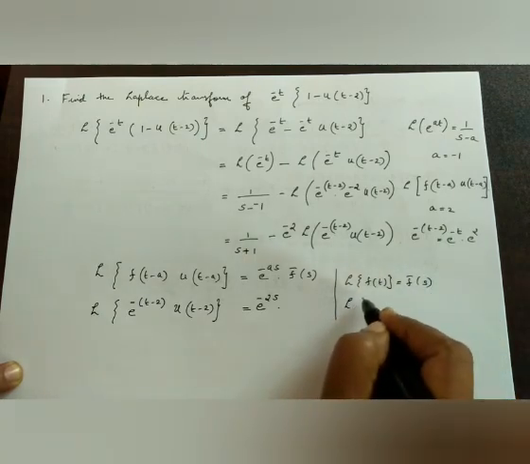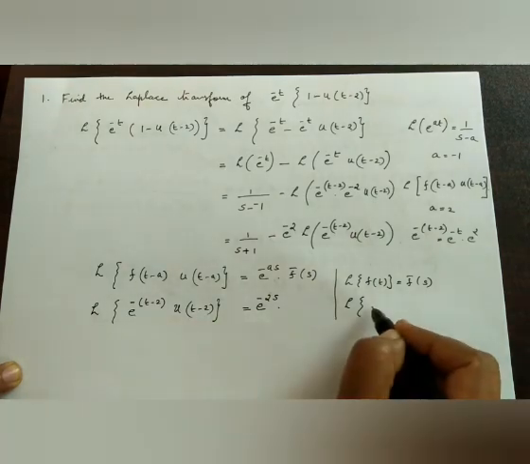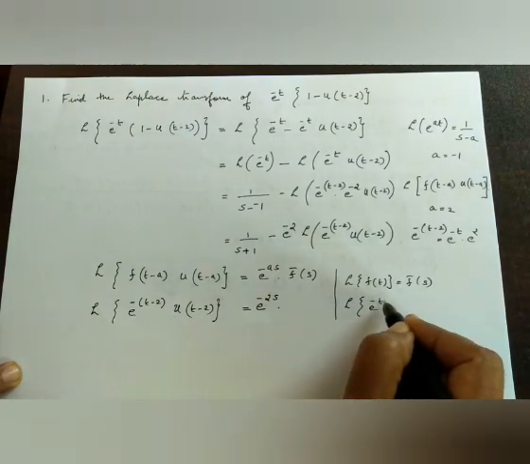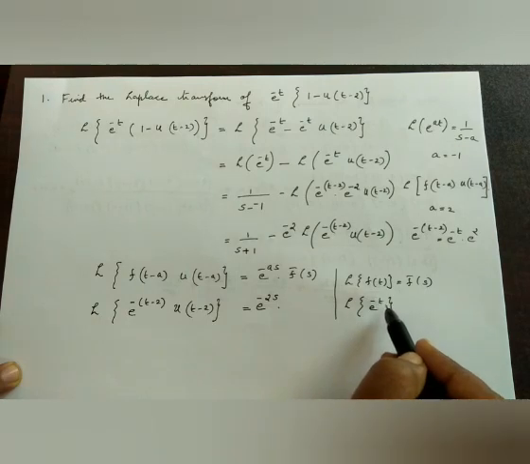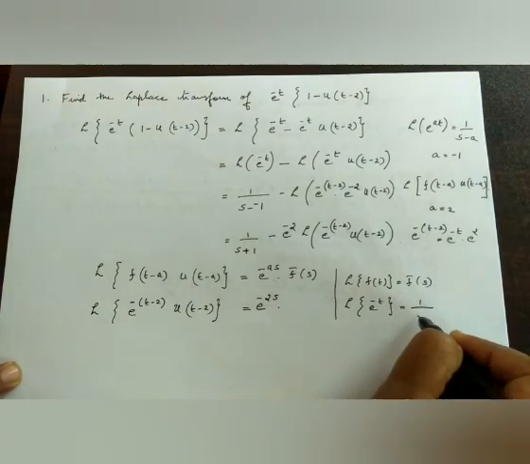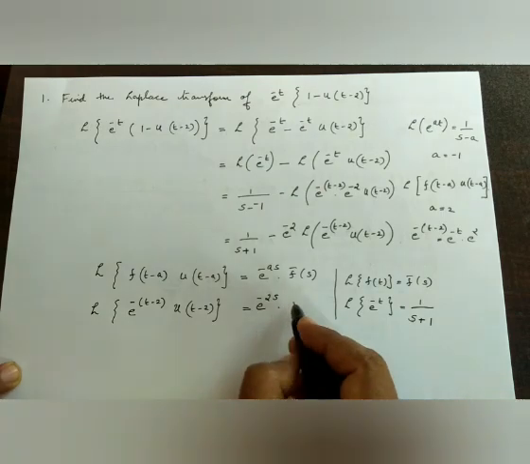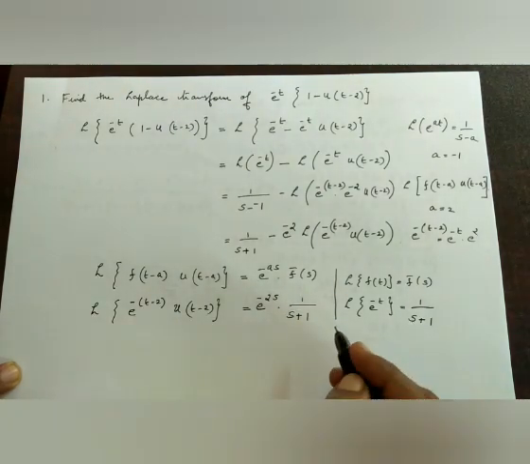Then what is f of t here? Here f of t is e raised to minus t, isn't it? The function of t is e raised to minus t. Here e raised to minus t is converted to e raised to minus of t minus 2. Okay. Therefore, the Laplace transform of that one is 1 by s plus 1, that is s minus minus 1, which is 1 by s plus 1. Therefore, in the place of f bar s, we can substitute 1 by s plus 1.